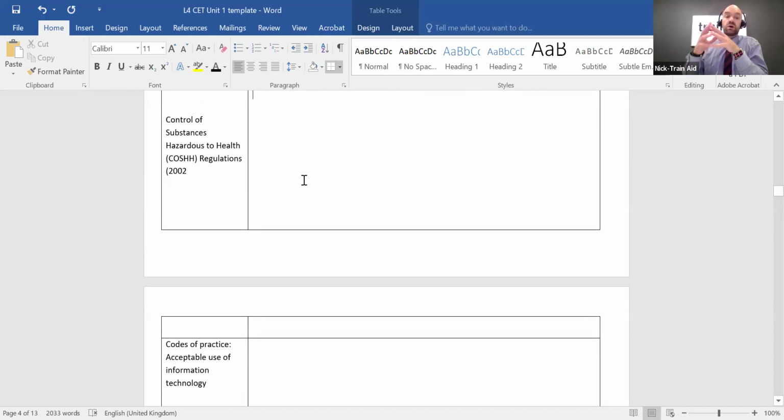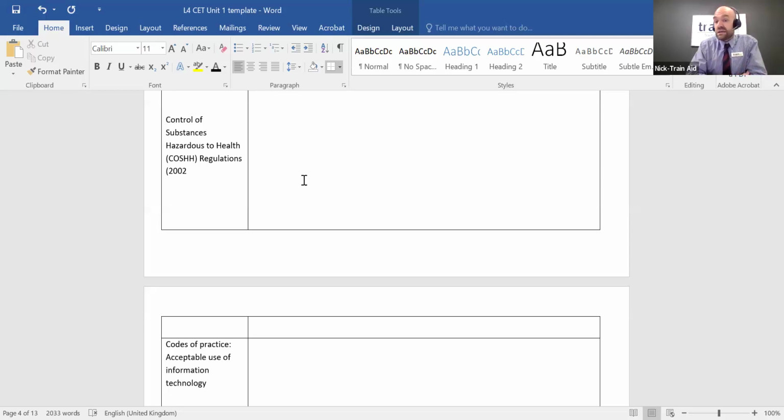Okay. Another one is COSHH. Control of Substances Hazardous to Health Regulations 2002. Quite an important factor. Within your training establishment, you may have to work with chemicals such as cleaning products, and therefore you need to wear the most appropriate PPE. There might be signage that you have to put up around the training room as well. Also, you have to teach your learners to be mindful of these substances, and know how to respond if there's a spillage.